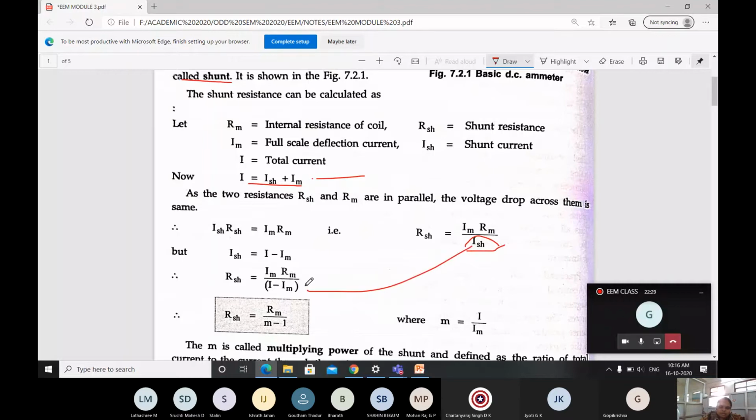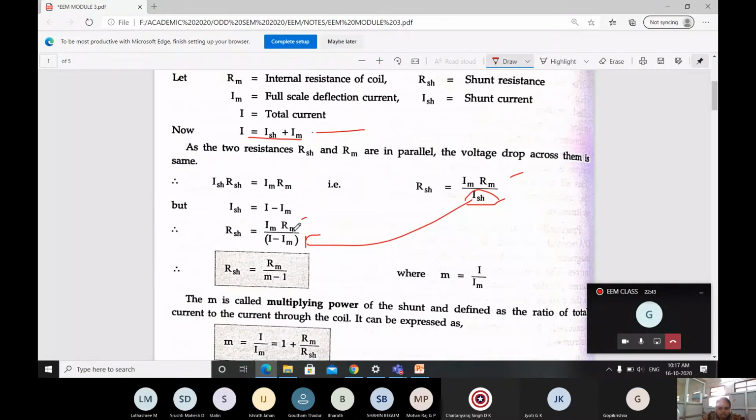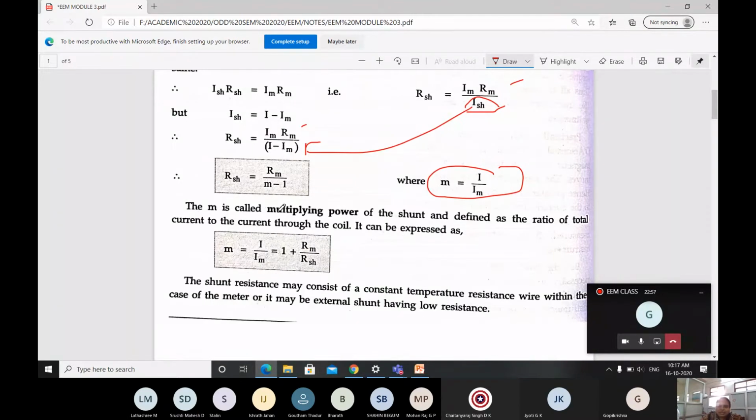If I substitute, I will get RSH is equal to Im Rm, keeping as it is, and instead of ISH we write I minus Im. If I solve this, I will get RSH is equal to Rm divided by M minus 1. This M is nothing but I divided by Im. Keep this in mind. Therefore, this M is called the multiplying power